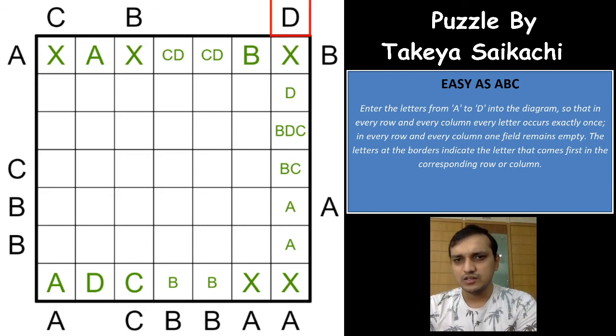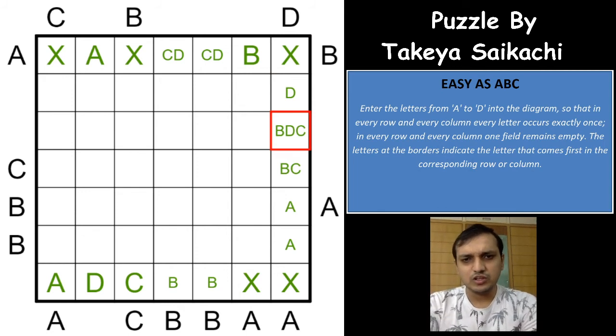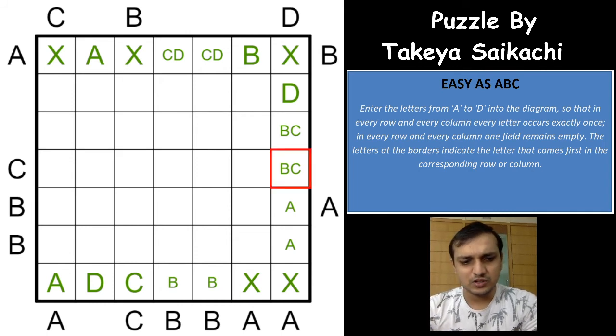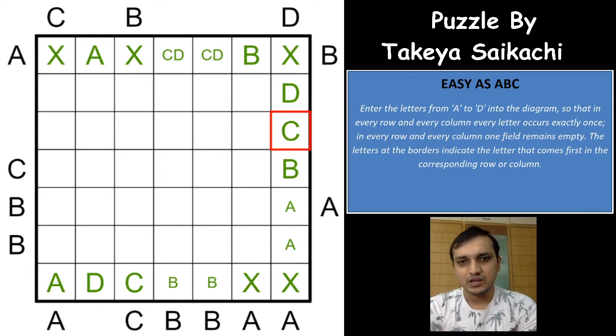And C cannot be placed here as well because the D is here, which means that, if you see here, we have formed a BC pair here. B and C cannot be placed in one of these three cells, so B and C will have to be placed here only, and the only place for the D is this cell now. A C cannot be placed here because on the opposite side the clue is C outside the grid, which means a B will have to be placed here and a C will have to be placed here, right?